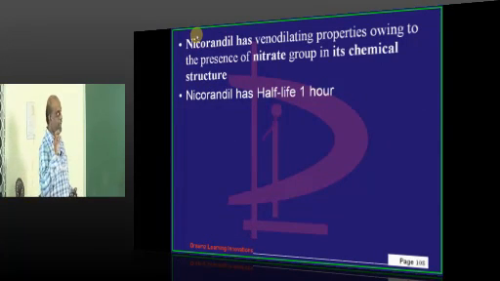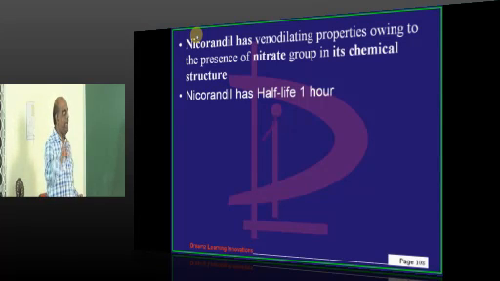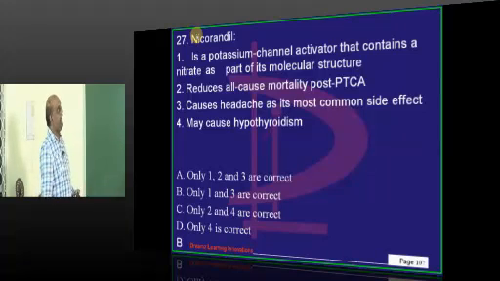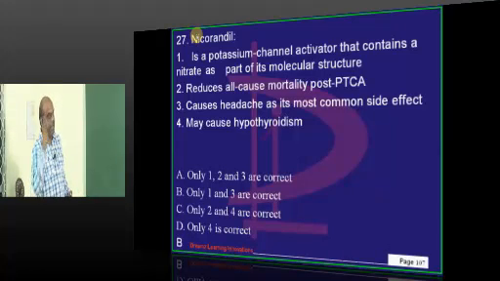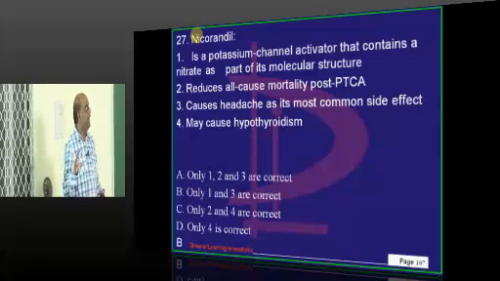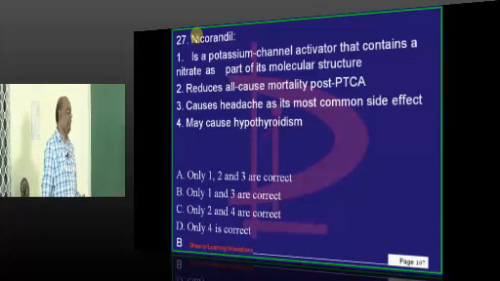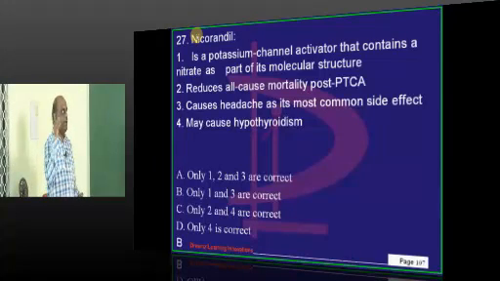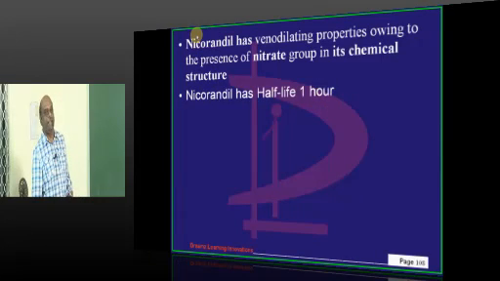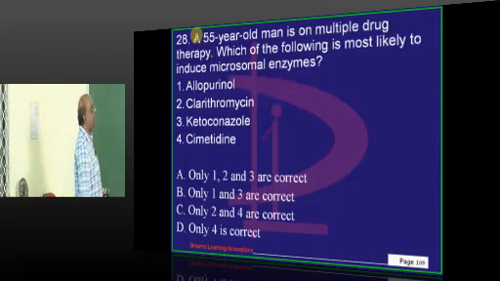Nicorandil has that venodilating property because of the nitrate group in its structure, and it causes headache because of that nitrate group. It's a potassium channel activator which has a nitrate as a part of it, but it has no effect in improving the mortality in post PCI. Now the next question,